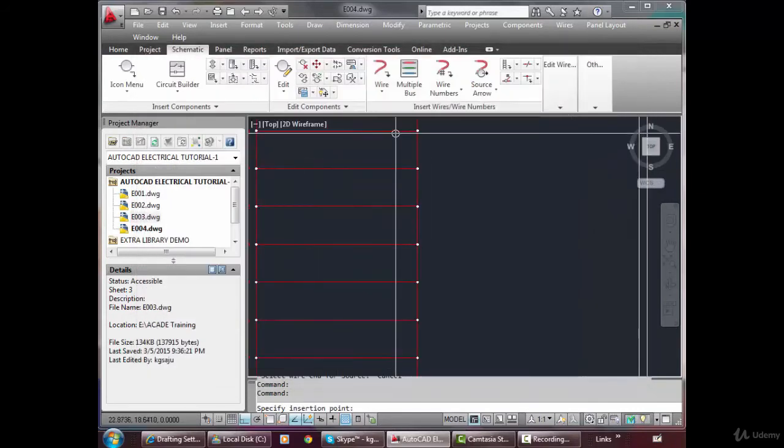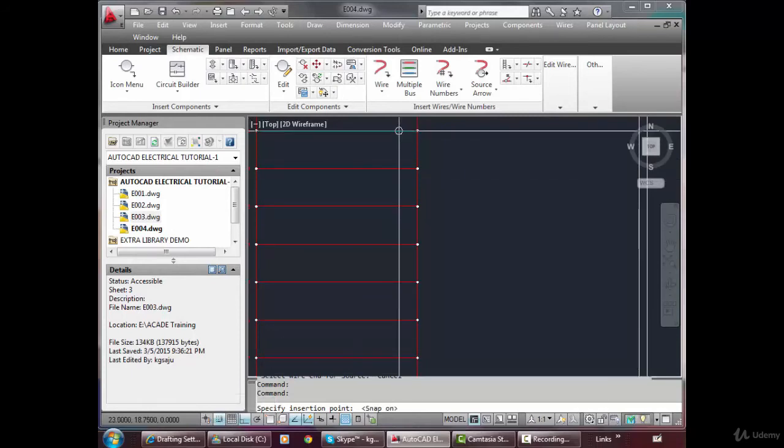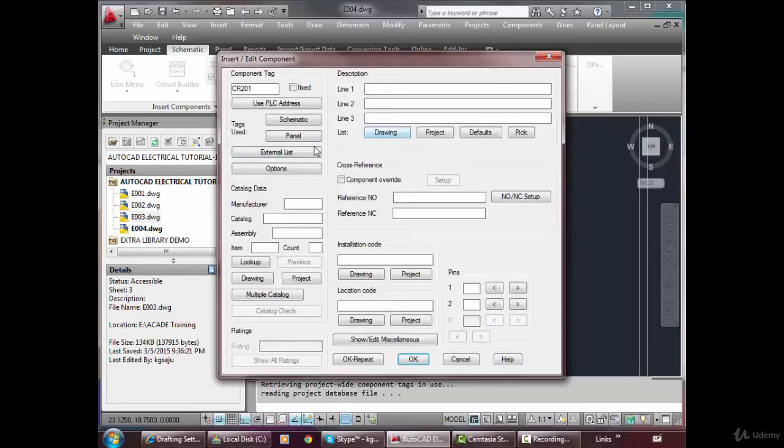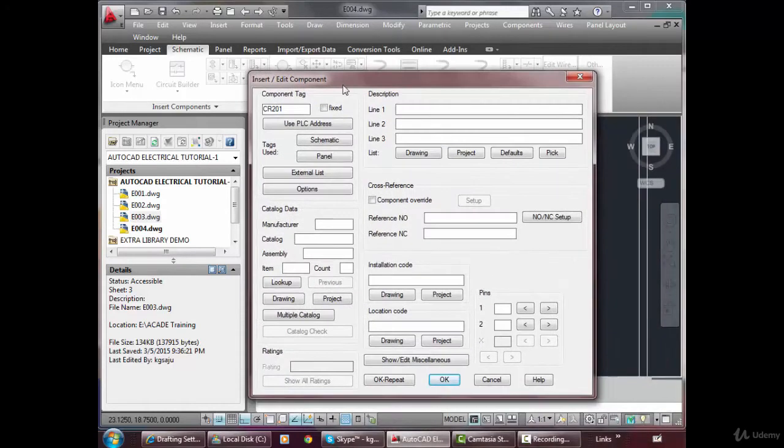Okay. Now let me put the snap on. Now it is starting with CR201. 201 is the first starting number.